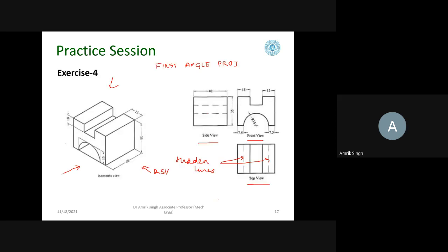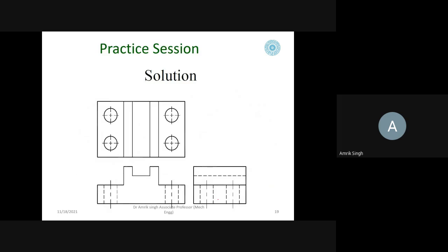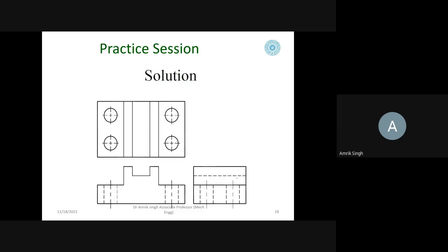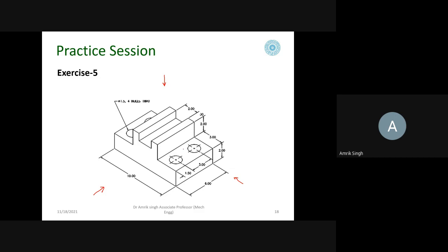Front view, then your top view, and then the side view. Yeah. So you have to draw the three views. Okay. So this you draw in your copy with pencil.